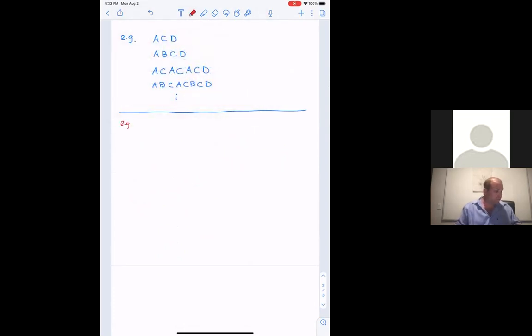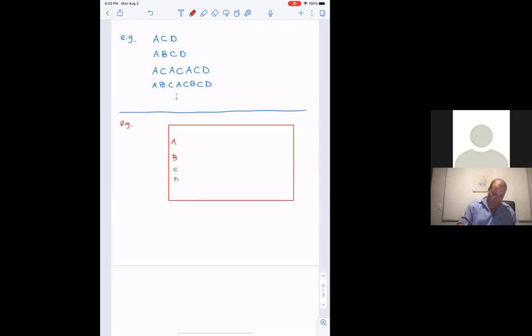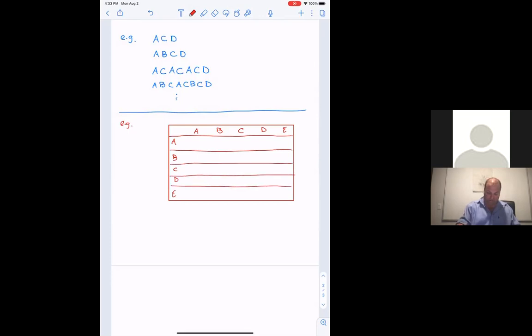Okay, so let's start with an adjacency table. This one has 5 vertices, A, B, C, D, and E. So let's make the adjacency table. And by the way, notice about the adjacency table above, and this one as well, that it is symmetric in the sense that